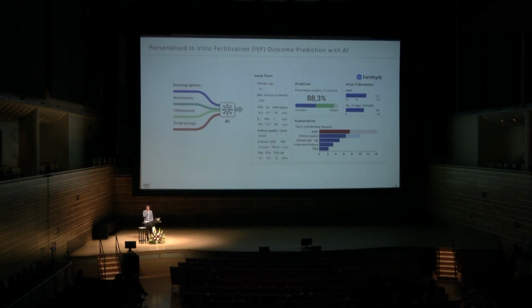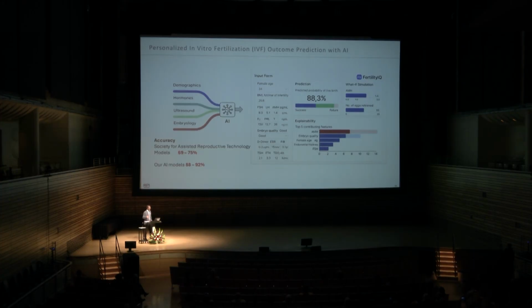So the first I want to talk to you about today is not in fact a disease or condition, but it's in vitro fertilization, IVF. Traditional methods use hormones to determine whether or not a female can successfully undergo IVF treatment and become pregnant. We're using AI to take demographic data, hormonal data, ultrasound data, and then embryology. What does the egg look like as it's fertilized, and how does it develop within the first few days? Feeding that kind of information into AI and giving personalized predictions of the probability of successful birth.